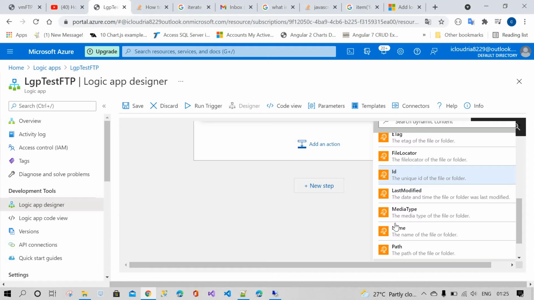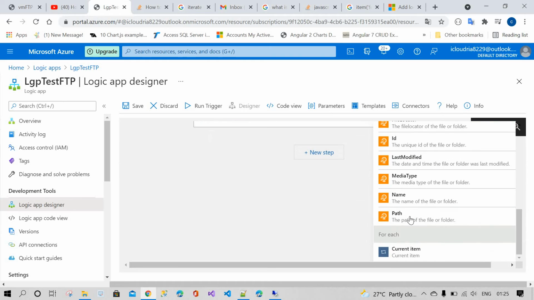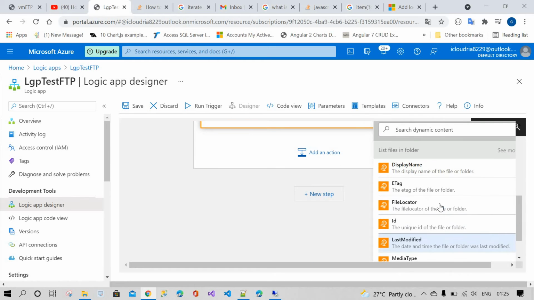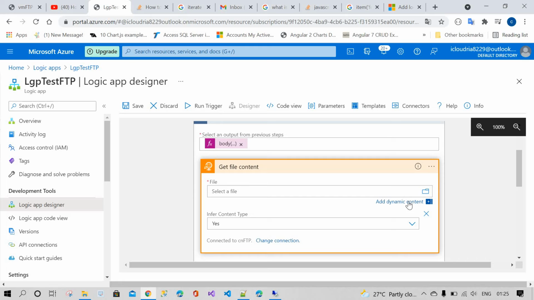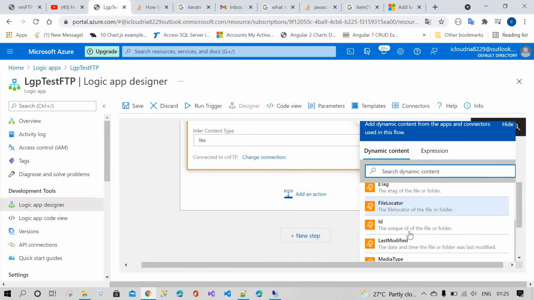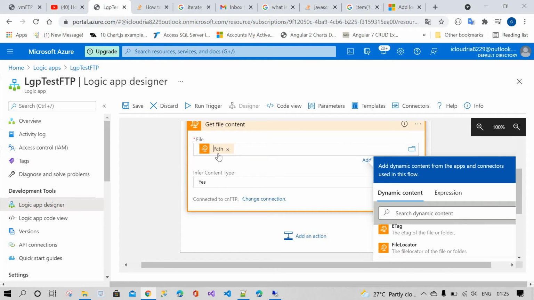Select the files, and I'm going to choose a path here. Why is it not selected? Sorry for that. Click on the path. Why is it not selecting? What's the problem? Yes, okay, you can see when I hover the mouse, items in the for each loop with the path.